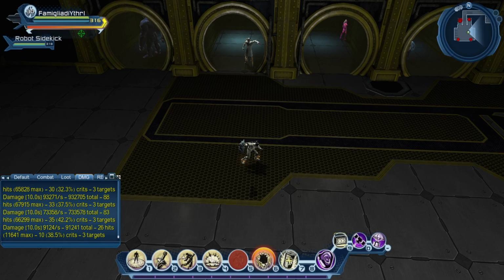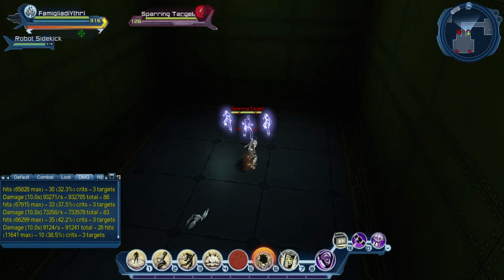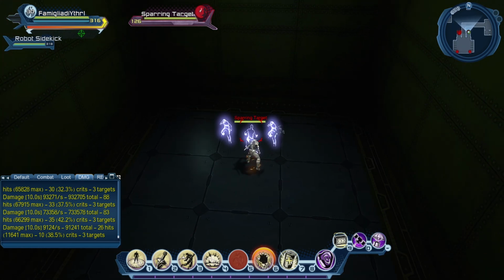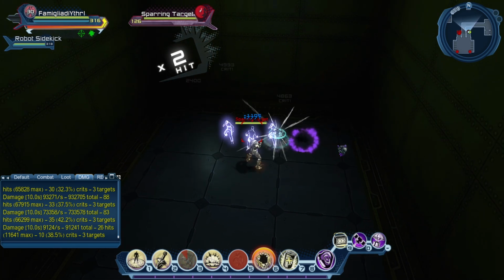The one thing you have to make sure you don't do is this rotation. You kind of saw it at the end there because I was just ready to cancel it. If you tap Admonish too quickly, you're basically going back into Haymaker combo. So say if I hit Admonish and then go back into...